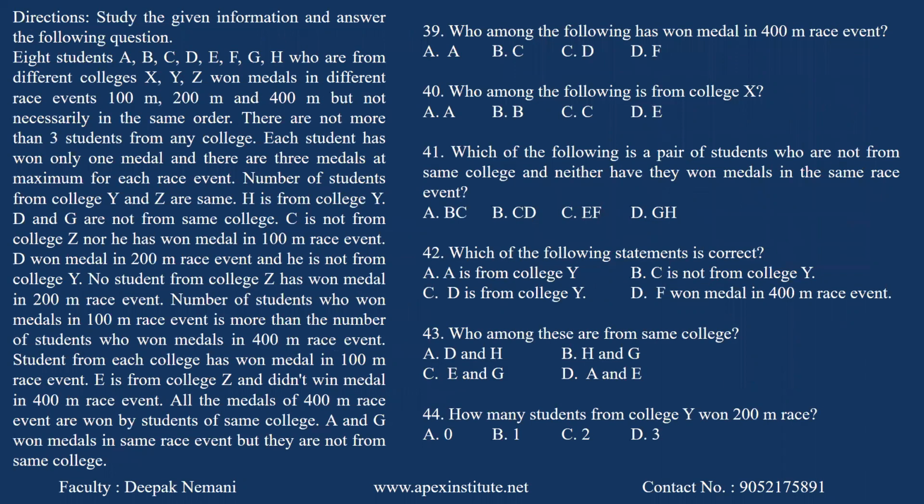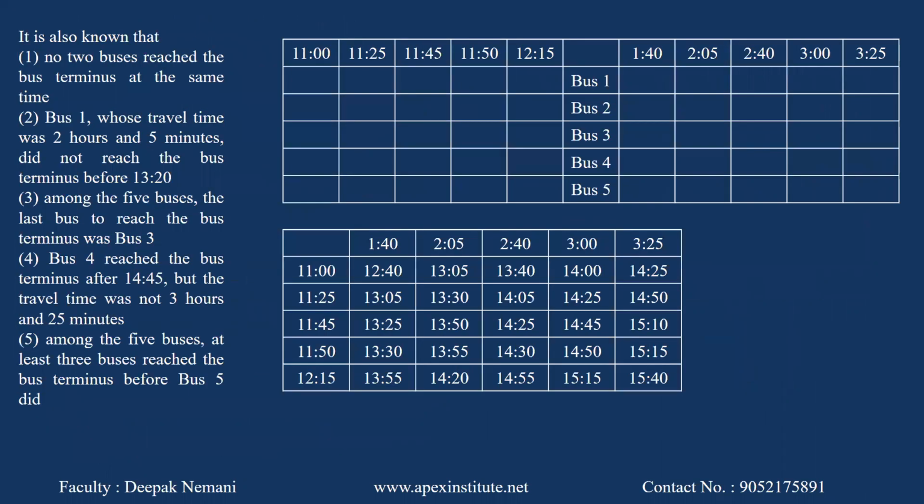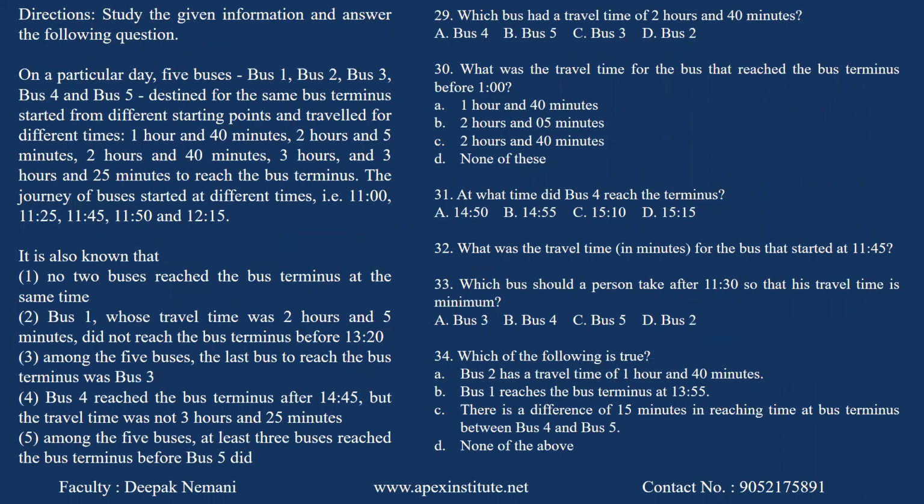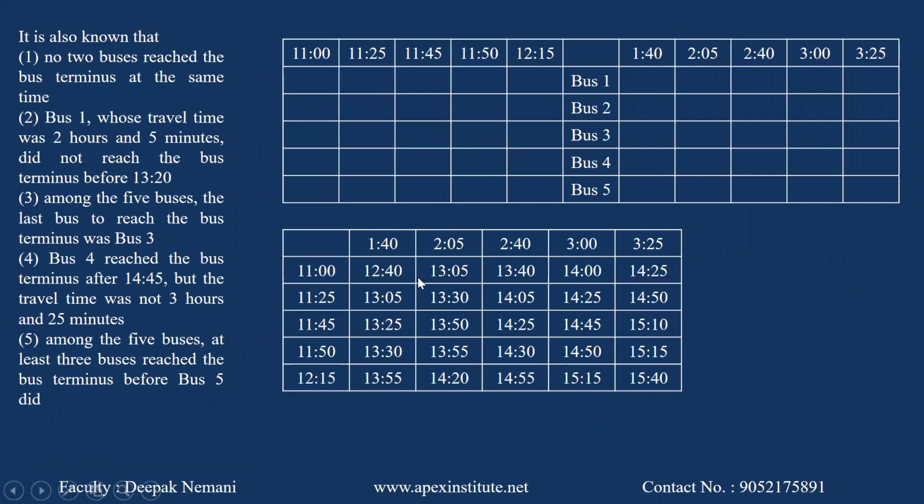Now moving to the other question from puzzles. Study the given information and answer the following questions. You have 5 buses destined for the same bus terminus, started from different starting points and traveled for different times. They started at different times. The only challenge in this question is that you are given only 5 statements, so your analysis is important. Rather than using the ticks and cross method,